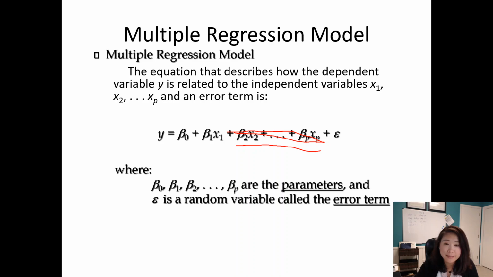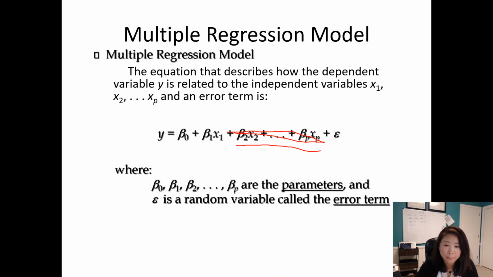So beta 0 we still call the y-intercept. The rest of the betas we call partial coefficients of x1, x2, or xp. The reason we call it a partial coefficient is because beta 1 is measuring how x1 connects with y. Beta 2 is measuring how x2 connects with y. So that's why we call it the partial coefficient of x1. Keep in mind this is very important, because this is very different from the simple